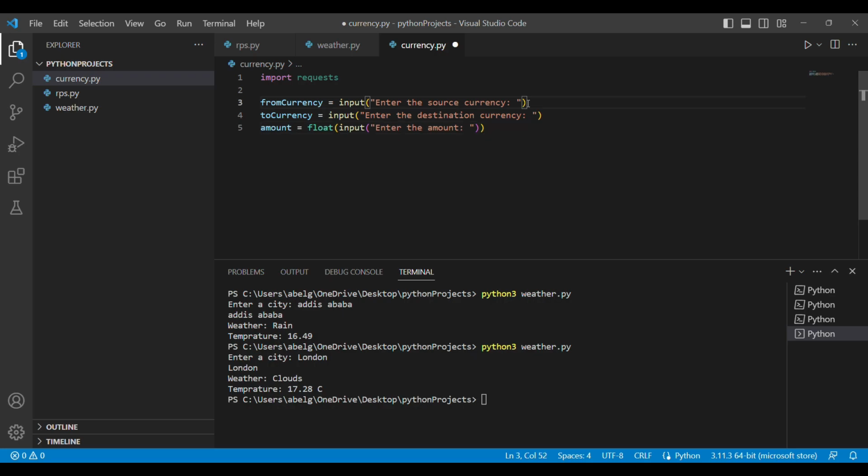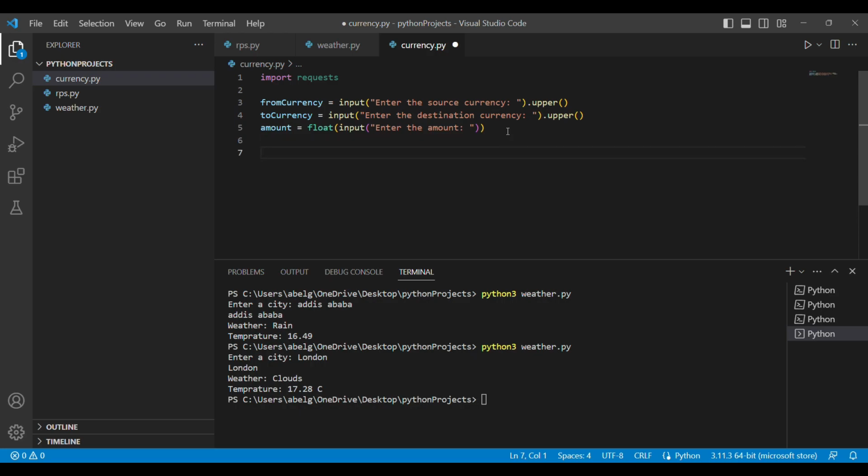So to make our input appropriate, we can convert the input directly to uppercase using the .upper function. So by adding the .upper function to our input, it's going to automatically convert whatever the user puts in to uppercase letters. So we're going to .upper both of our currency variables, and now we're ready to request for the